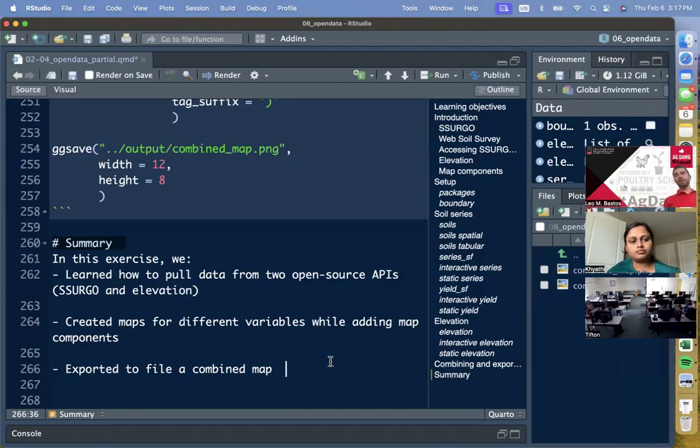So very quickly here as a summary, in this exercise, you learned how to pull data from two open source APIs. One was soils, that was from SSURGO, and another one was elevation, which is coming from, I think, a USDA source as well. We created maps for those different variables while adding these map components, and then exported to file